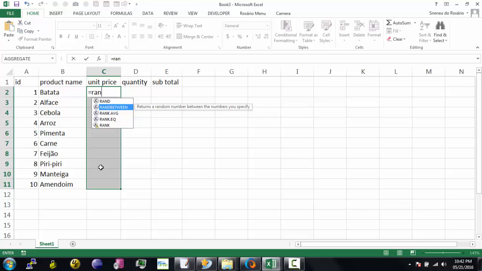Excel is so intelligent. When you start typing the first three letters of the function you are looking for, it tries to guess the name of what you're looking for. After you find the name, you press the Tab button, and as you can see, it autofills. Then you type, for example, the price. I can say 100 and